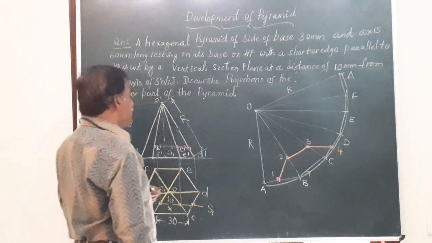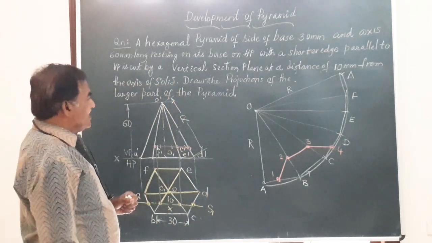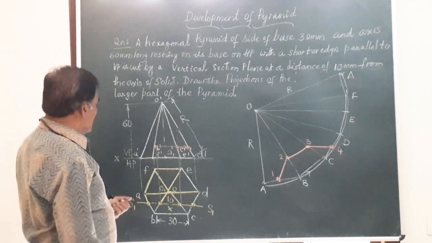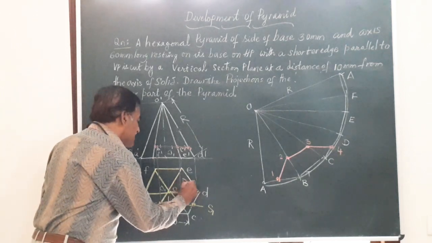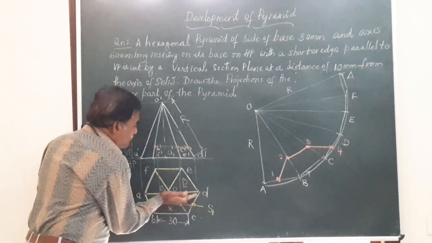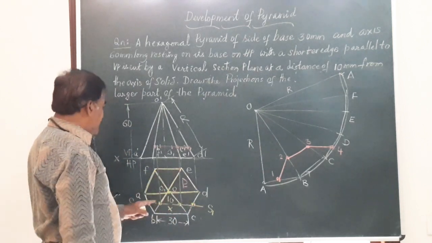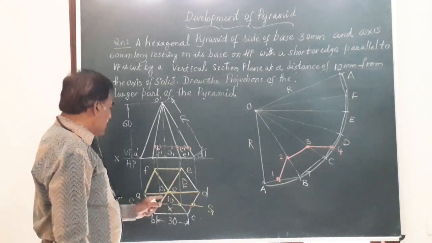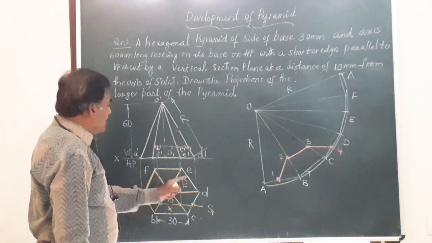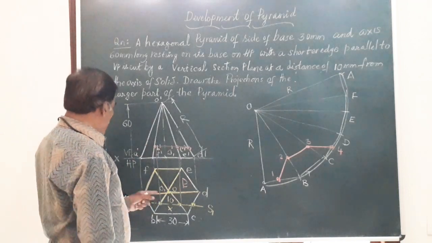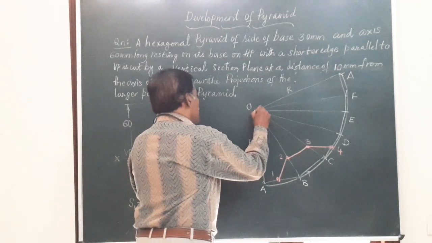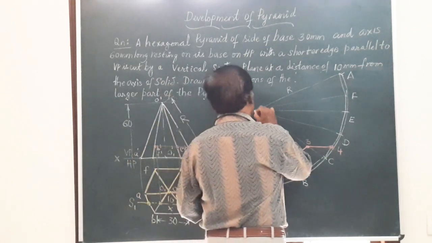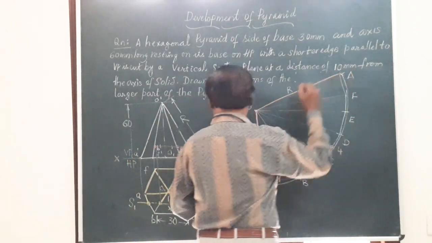So this much portion of the solid is being removed. Now which portion of the solid is retained? The portion marked P here, the upper part, above this much portion is retained, in which you have got OA, OF, OE, OD, all the four slant edges are retained. So we start from OA. OA is here. Again OA is here. This is one.